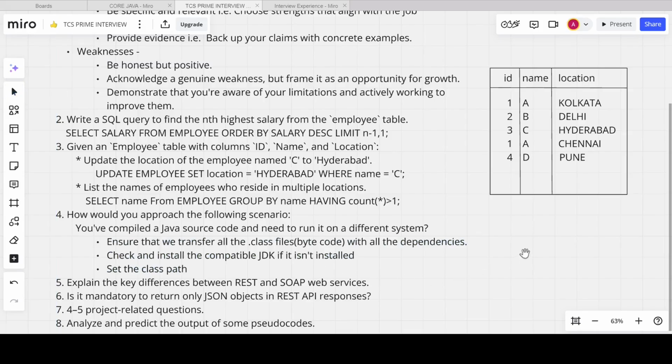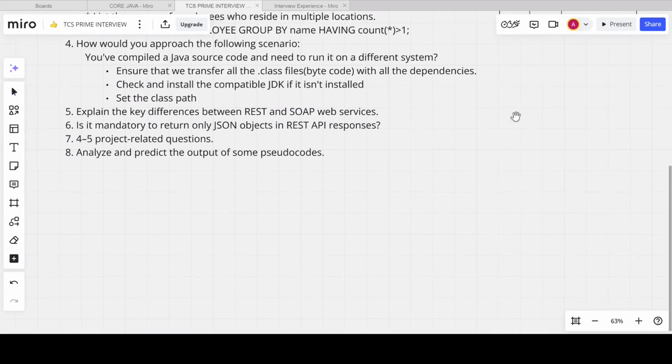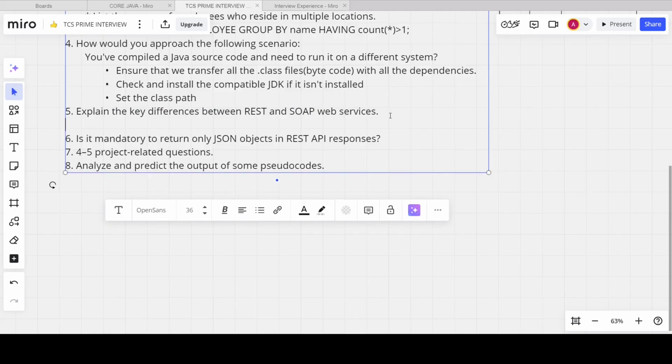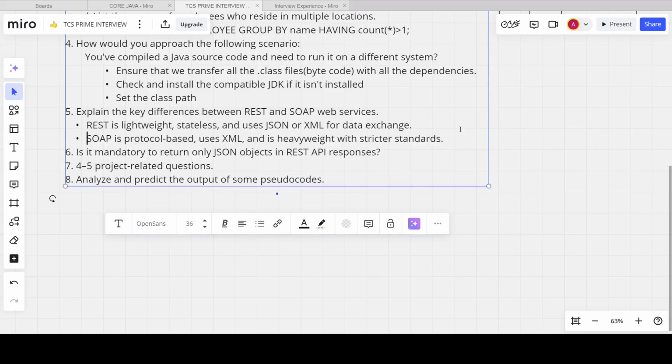we have to explain the key differences between the REST and SOAP based web services. So, REST is lightweight, stateless, and uses JSON or XML for data exchange, whereas SOAP is protocol based and uses XML, and it is heavyweight and has stricter standards. The answer will be so. This is the